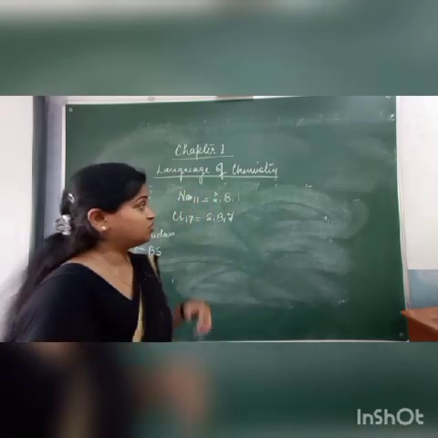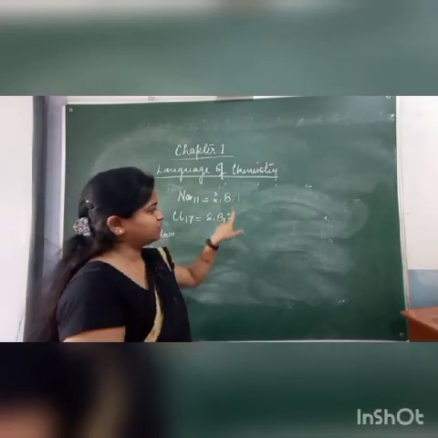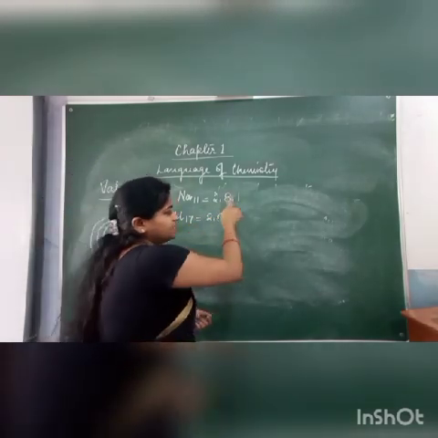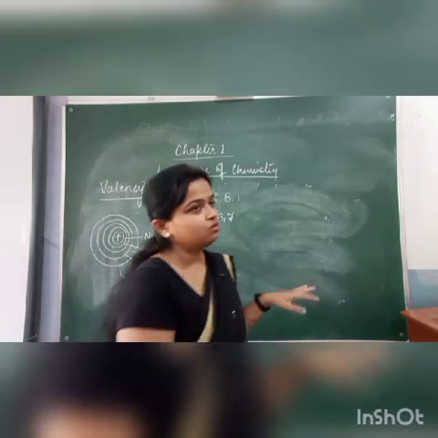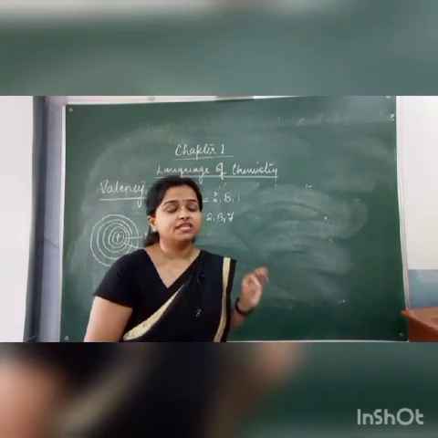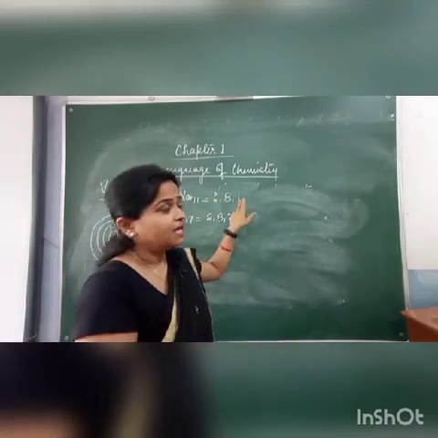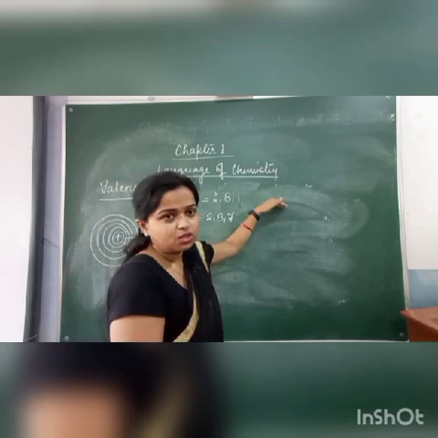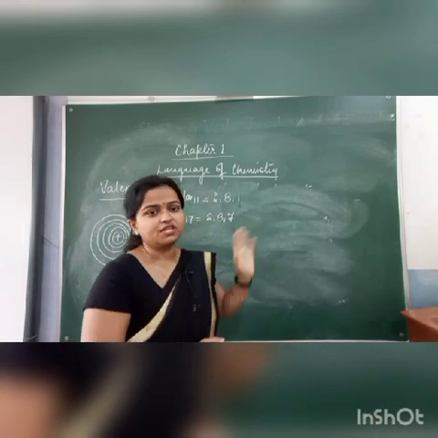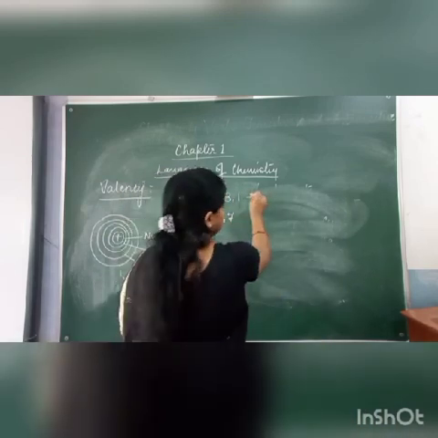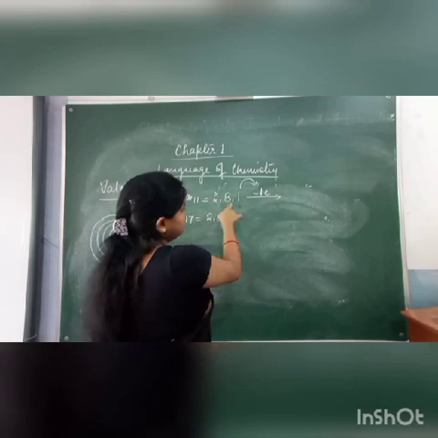Now, the number of electrons donated or accepted from the valence shell means from the last shell only the electron will donate or accept. So here in the last shell there is 1 electron. And we have already studied, just for stability the last shell should always attain 8 electrons. Here you see 8 electrons are not there. Here is only 1 electron. It means either it will give 1 electron or it will accept 7 electrons. So accepting 7 electrons needs more energy than giving 1. Therefore, there will be loss of 1 electron. This 1 electron will come out. As this electron comes out, what are the things remaining?